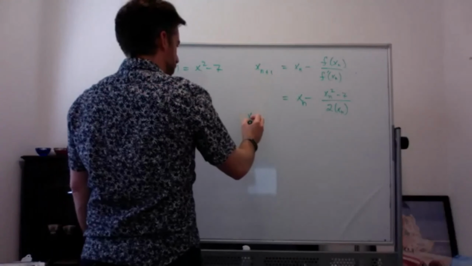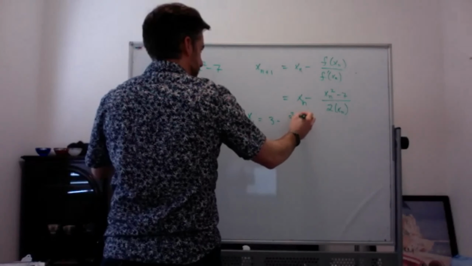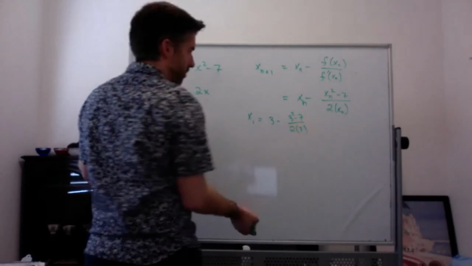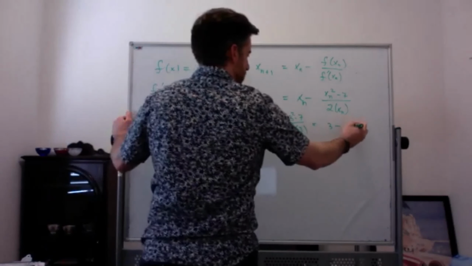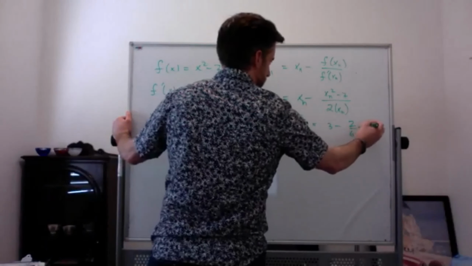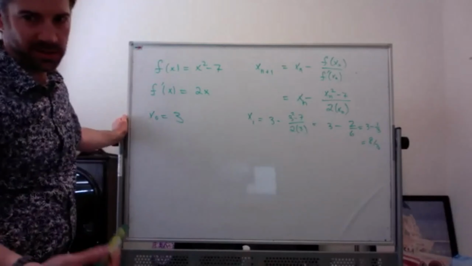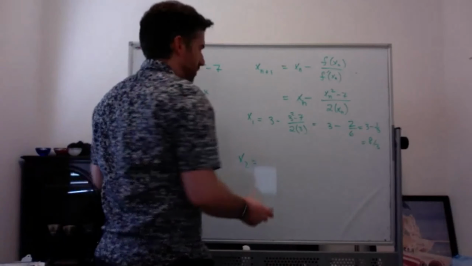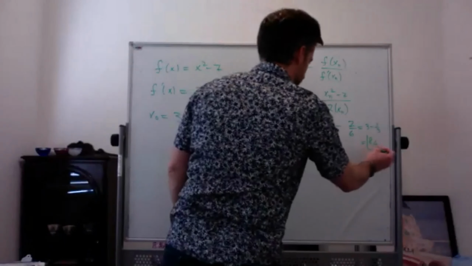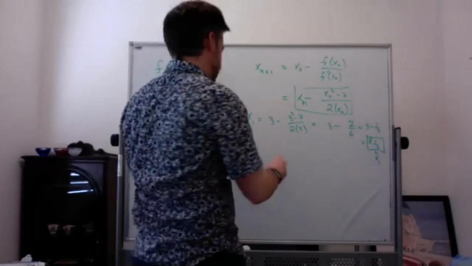So then x sub 1 is going to be x sub 0 minus x sub 0 squared minus 7 over 2 times x sub 0. And let's see what we get. We get 3 minus 9 minus 7 is 2 over 6. We get 3 minus 1/3, which is 8/3, or 2.6666666. Now here's where things start to get done. To find the next one, you have to plug in the new one. Right, so I'm going to take my x sub 1 and plug it back into this iterative formula to get x sub 2. So x sub 2 is going to be x sub 1, which is 8/3